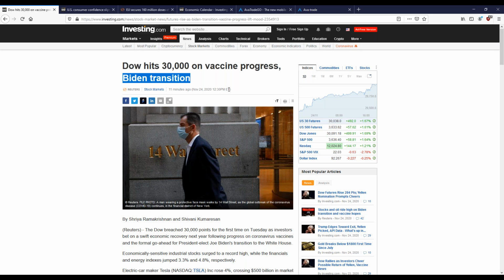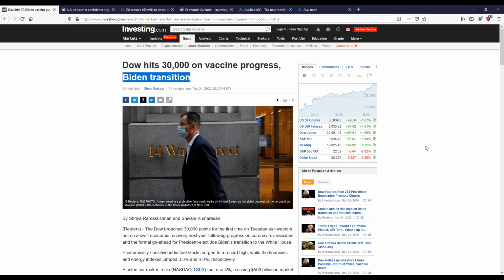Wall Street and the markets around the world like the idea of understanding the status quo, and right now they like a divided government. They hope that the government stays divided. That's actually good for the markets right now, so that neither side can be too extreme. And so a bit of checks and balances on the system when you have a divided Congress, as it looks like it could be in the US.